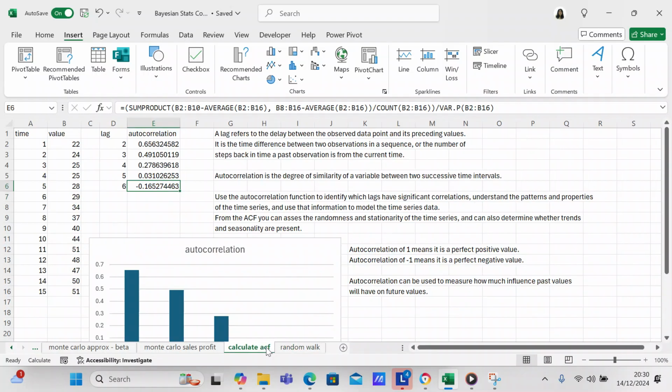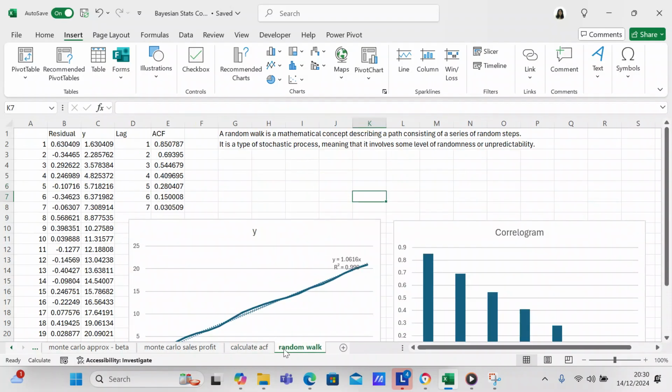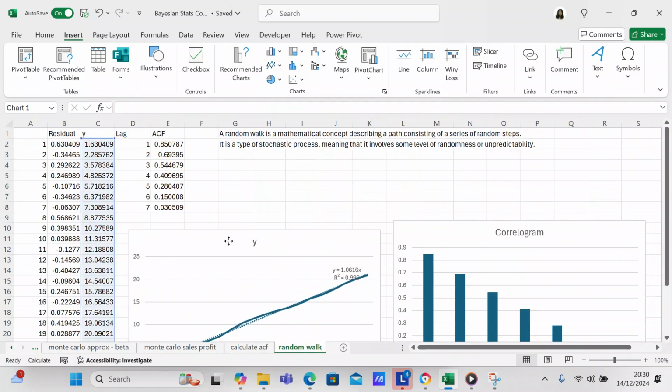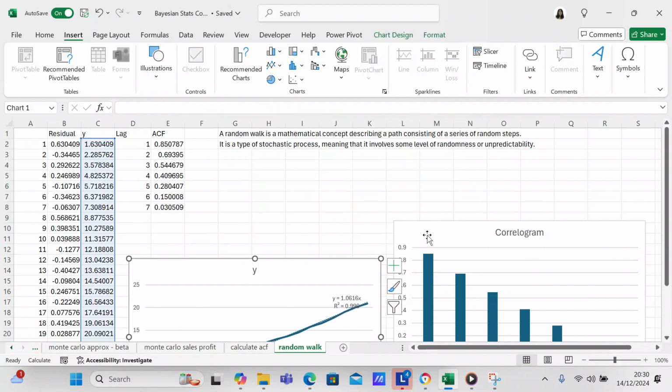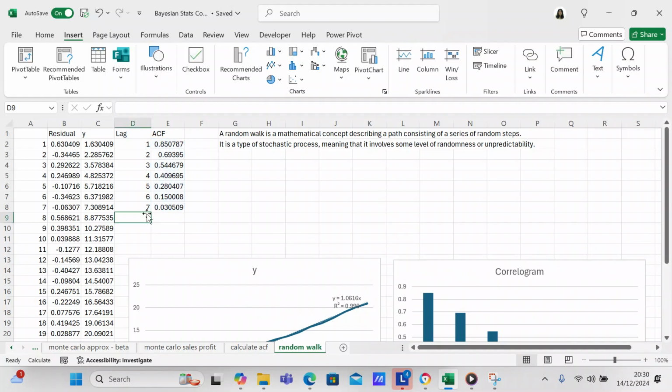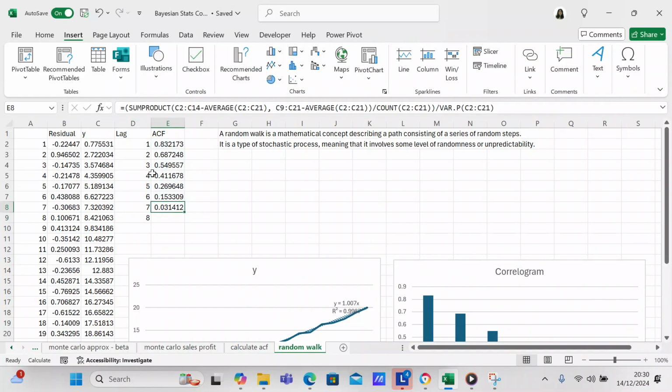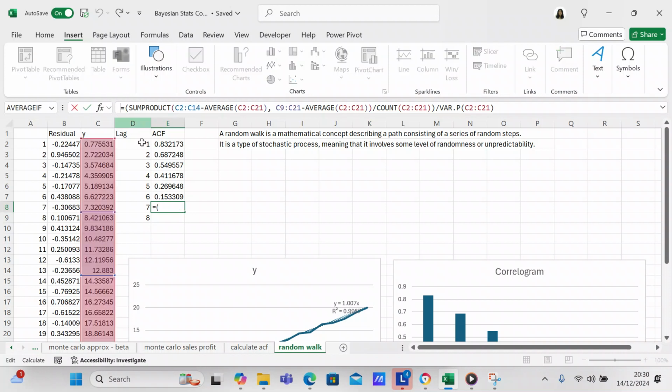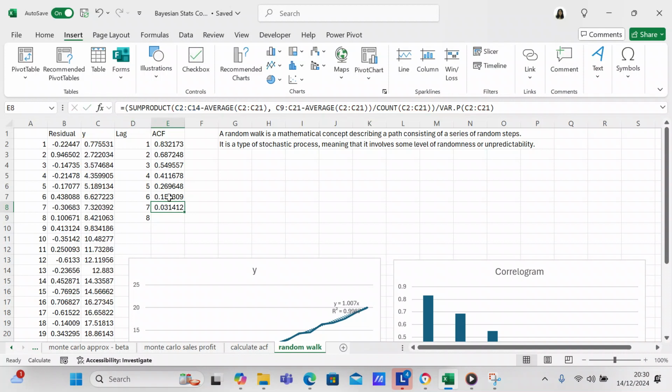So you can see here the one that I did this morning, and I will leave a link to the video for you. You can see at lag 6 you had a negative autocorrelation. So let's come over here. Let's move this down. And we'll just say lag 8. And then we'll say